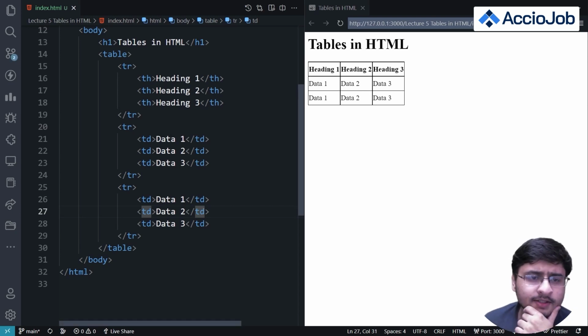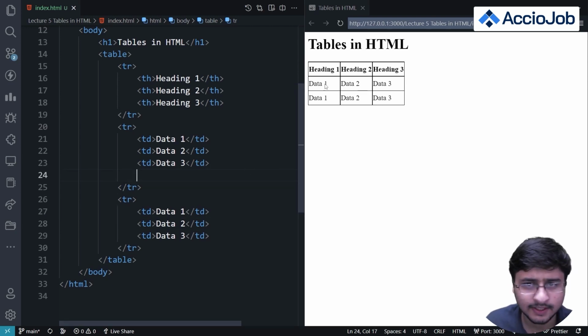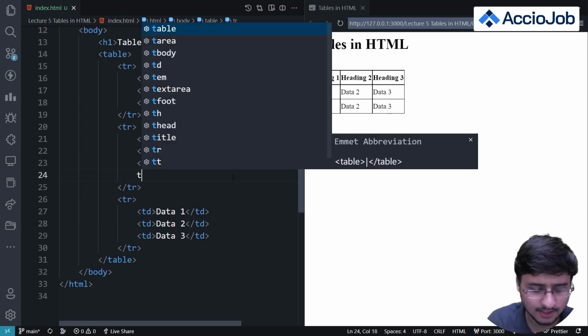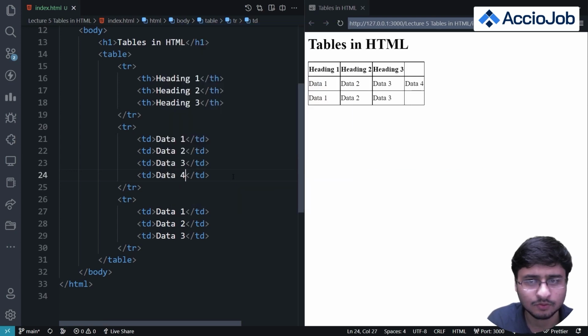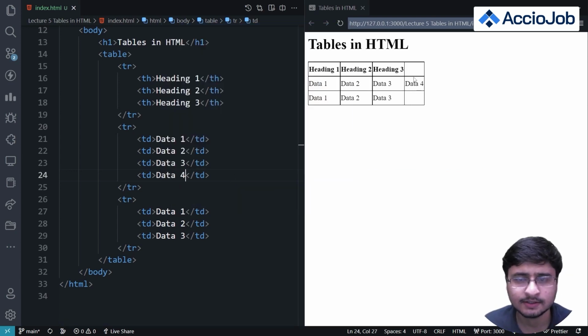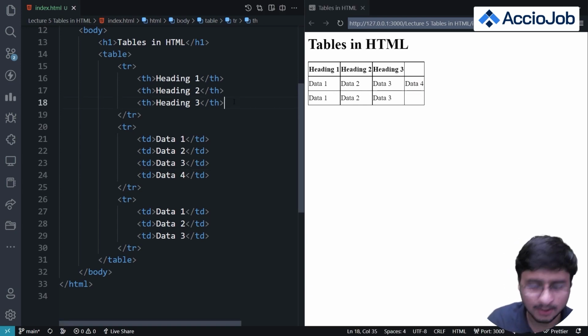So I have created this 3x3 table. If I wanted to add some table row here, see what happens. I'll just add it. So this is the second row, right? So under the second table row tag, I'll add a table data 4. So you can see it has created another kind of area where we can add this table. We have added this, and there is nothing above and below it. So how can I fix that?